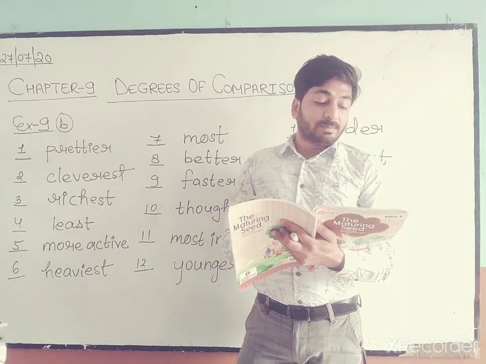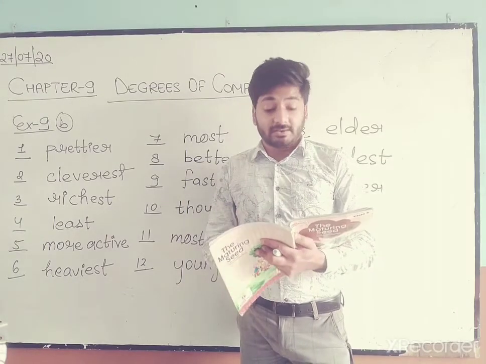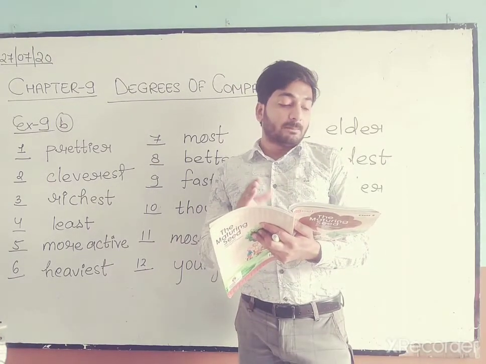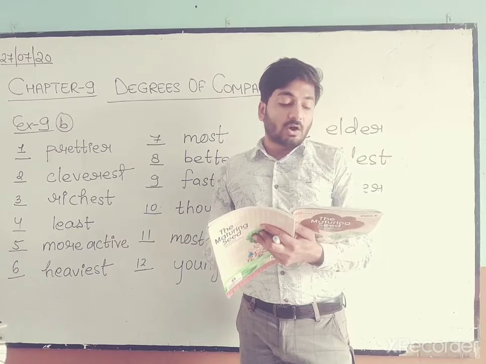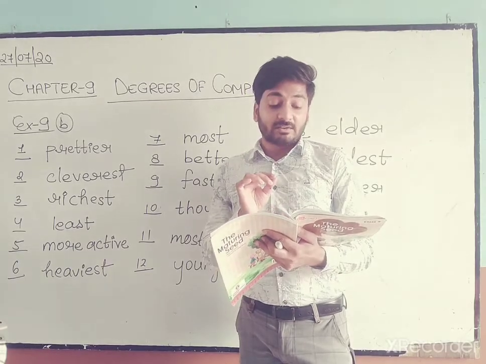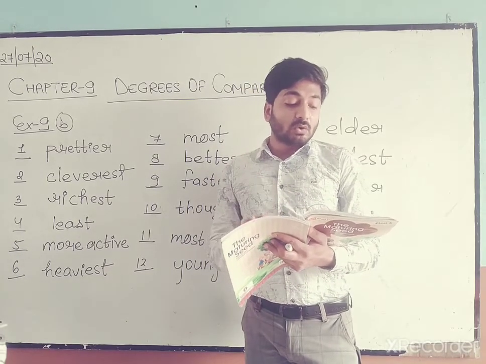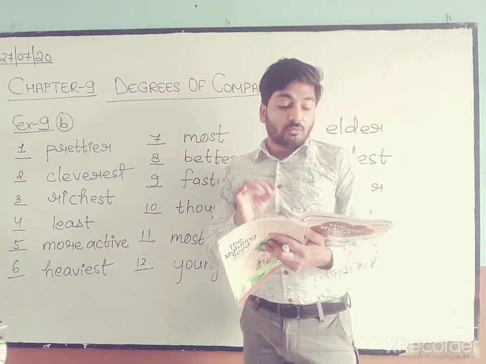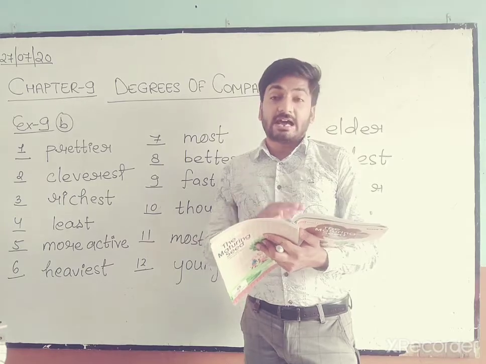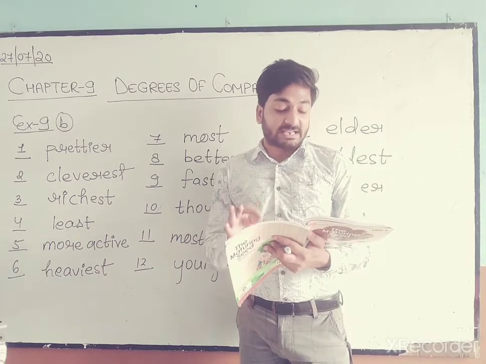Number 4, rich people can afford to buy the dash things. The dash things means superlative degree of costly, most costly will come in the blank. Number 5, you are so small and you have climbed the dash. High का superlative form will become highest. EST will be added. Number 6, I have only ₹100 and you want the dash toy. That is there most expensive. More expensive के साथ most add हो जाएगा. Most expensive toy you want.